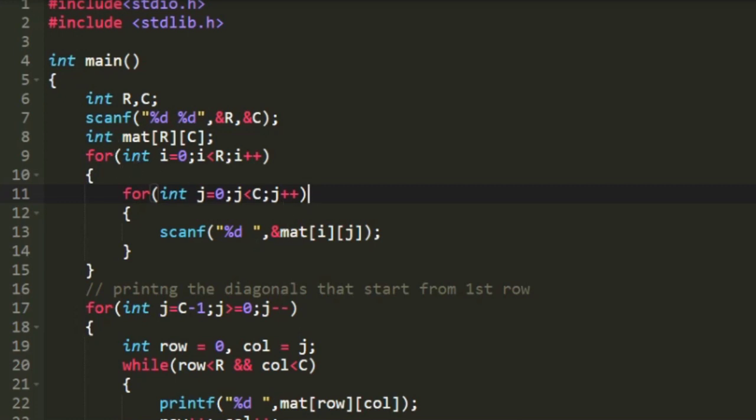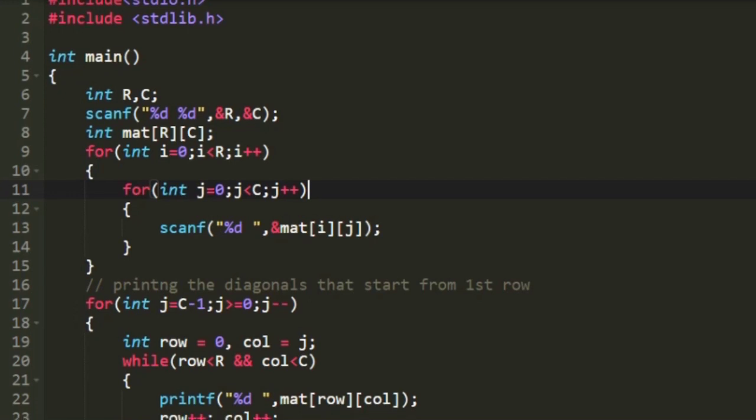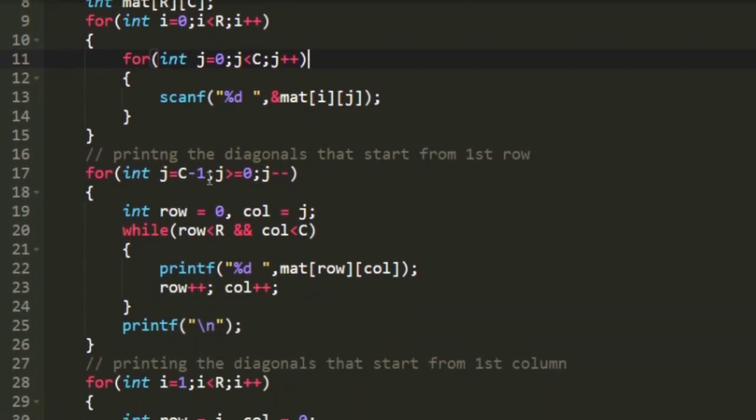First we have to print the top left to bottom right diagonals that are present in the first row. So again I am creating a loop. This loop starts to iterate from c minus 1 and iterates till 0. In every iteration we will be decrementing the value of j, because we have to start printing the top left to bottom right diagonals that are present from the last column of the first row. That is why we iterate from c minus 1 till 0.